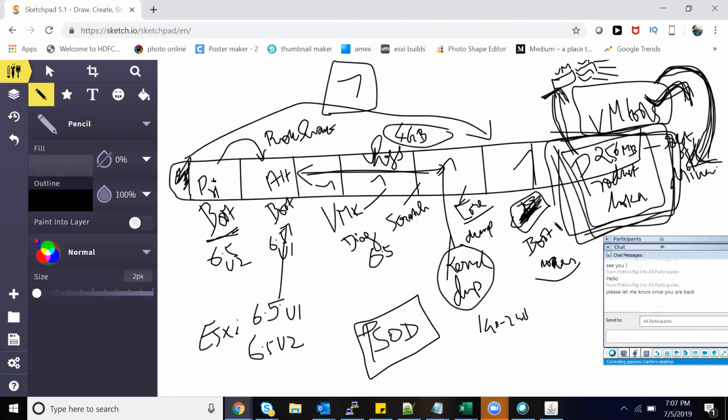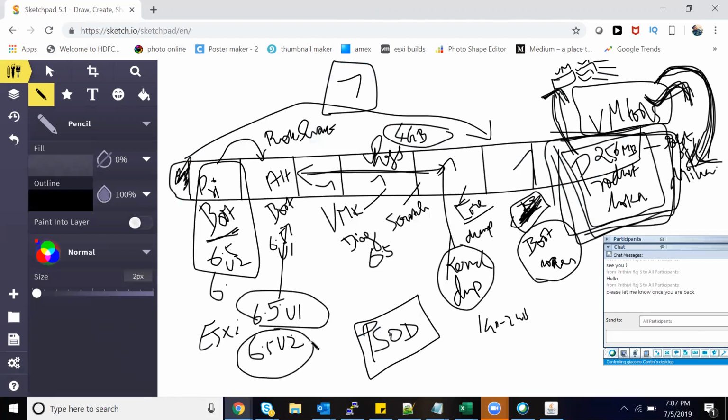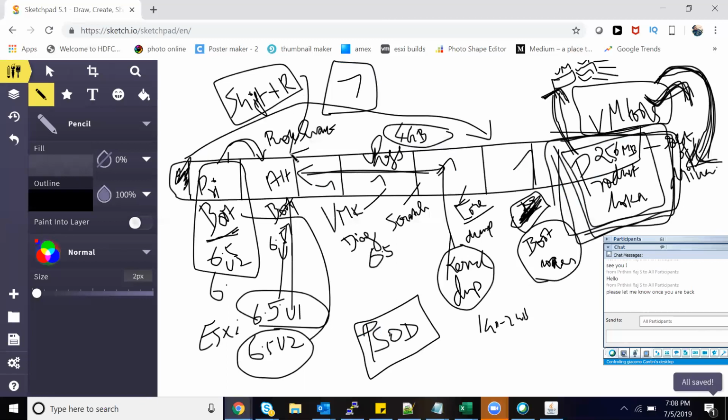We'll start with bootloader. That's where all the boot files are. And primary boot partition is where the primary partition is. Let's say it's 6.5 update 1, and then I've upgraded to 6.5 update 2. Update 2 will go into my primary. Update 1 will be pushed to the alternate boot bank. Then I can roll back in future if I want. While ESXi is booting, if I press Shift plus R, I will get the rollback option, and that's when I can go to my alternate boot partition.